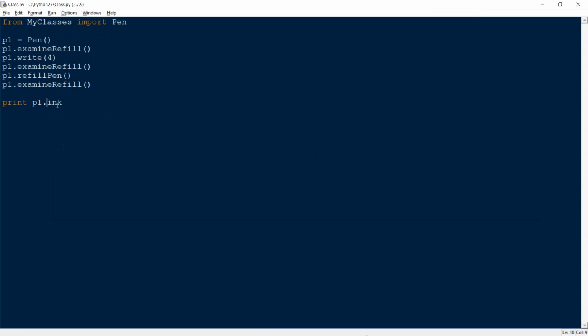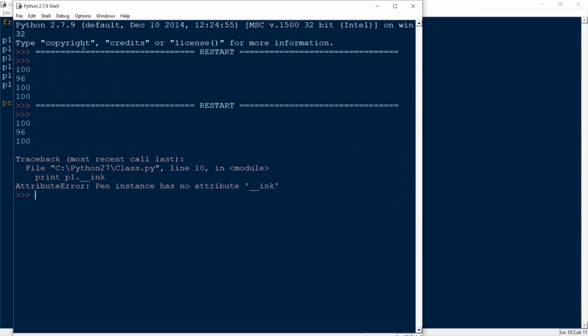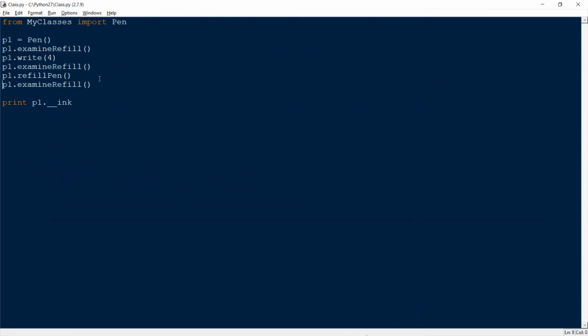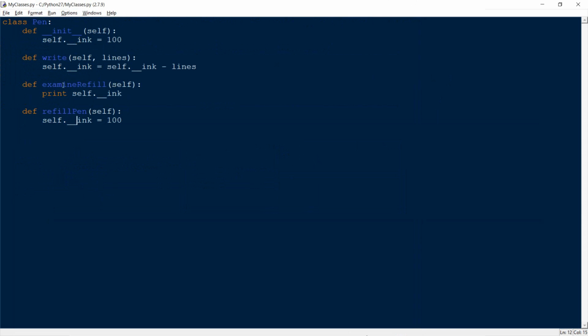If I go here and add a double underscore and try running this, it gives me an error and it says pen instance has no attribute inc. So what we've done is restrict the access to this inc variable to inside this pen class only,